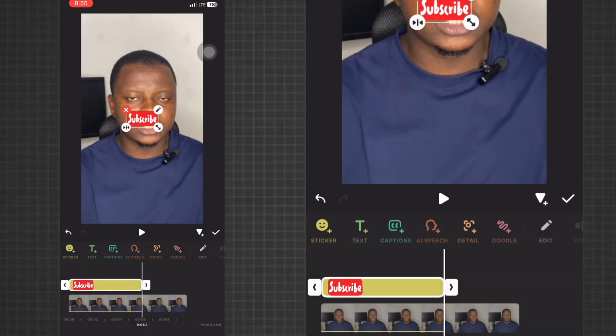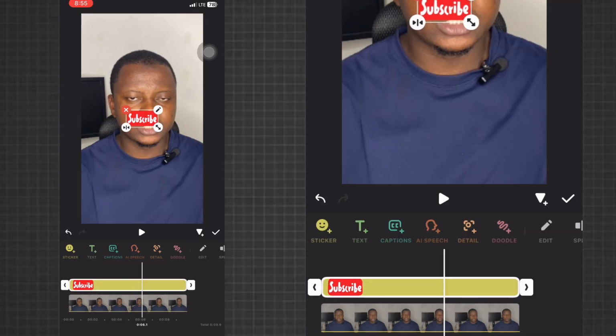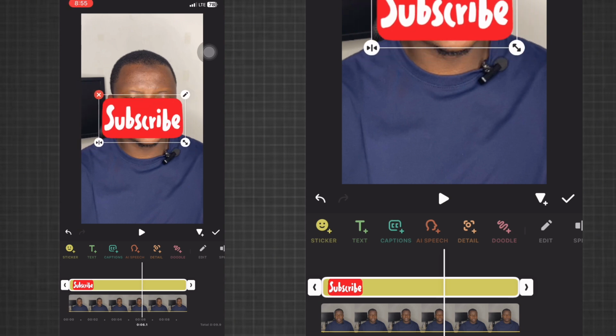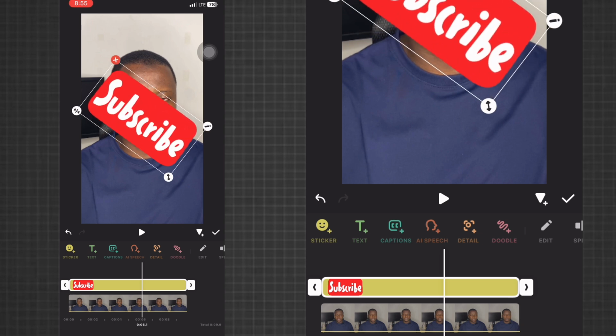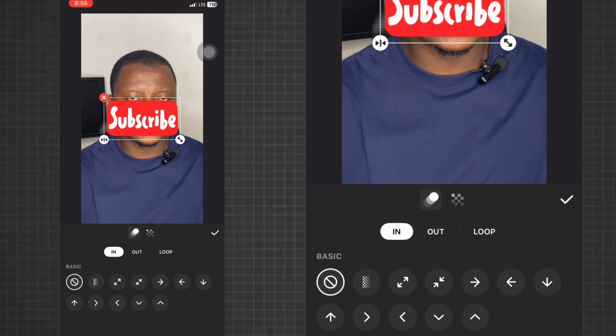So let me just click on video beginning so that I want it to cover the entire video, and over here I'll click on video end. Alright, so if you look on the screen too, you have some buttons here. The one at the bottom right is simply just to resize the sticker. You can also use it to rotate it, and the one at the top right corner, which is edit, simply